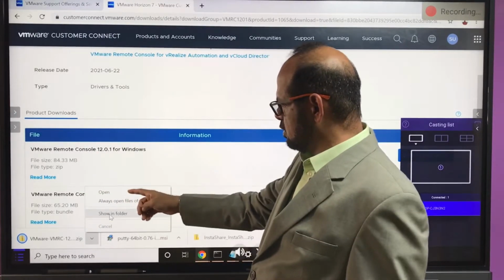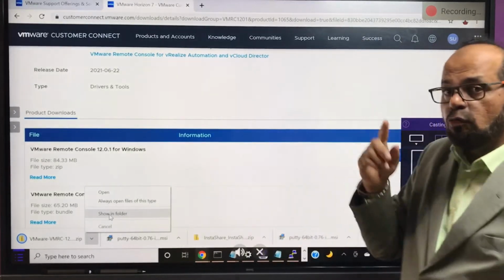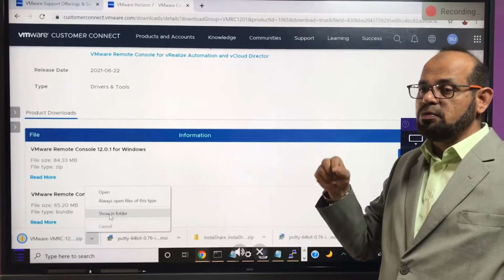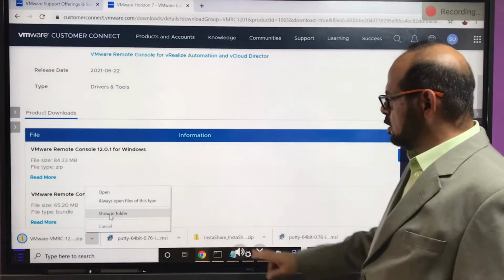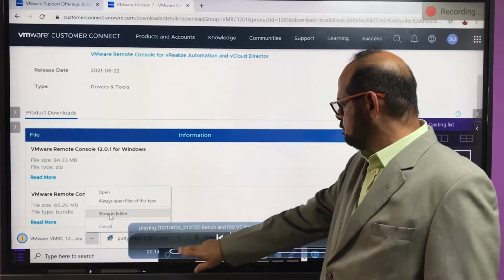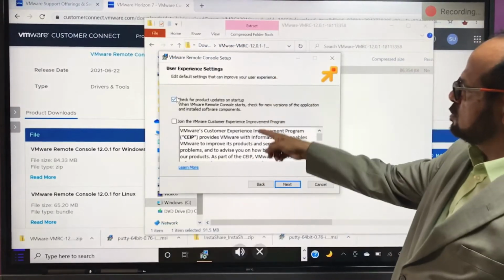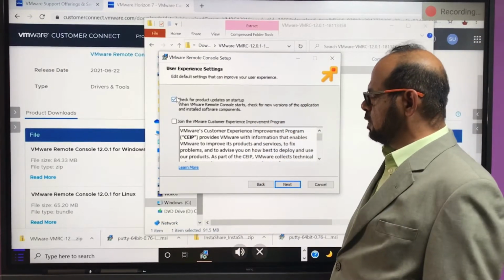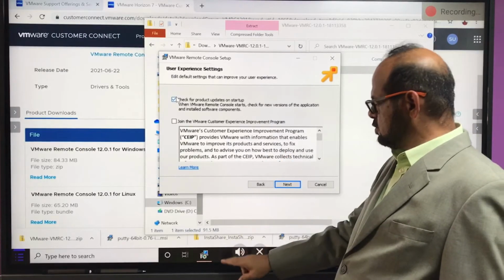After downloading, you have to install it onto your workstation, from where you are going to deploy the virtual machine on the ESX host. So you have to install that application for remote console, and after doing that installation,